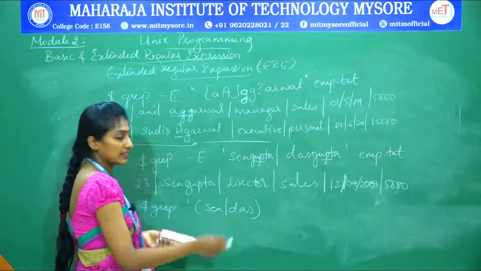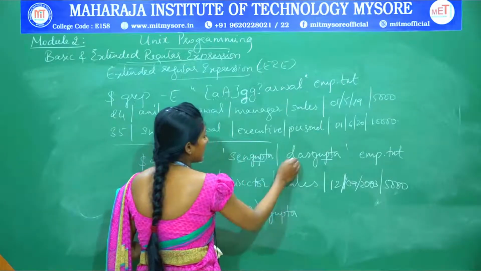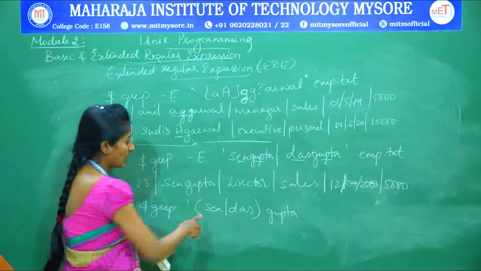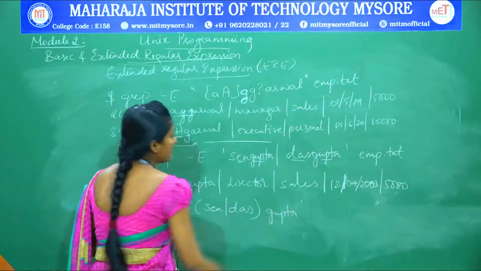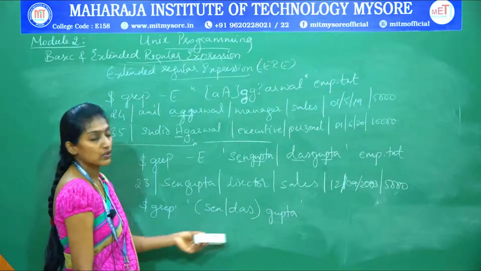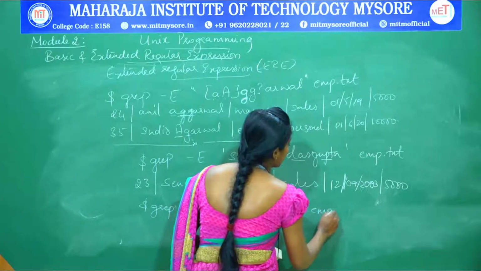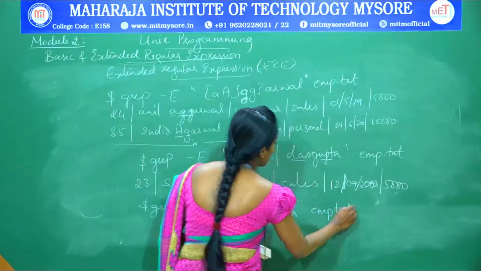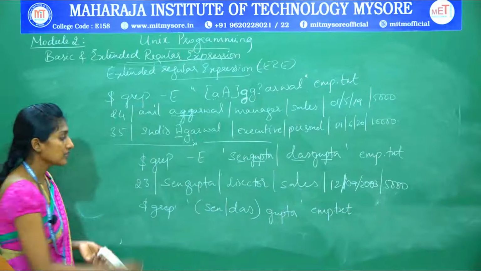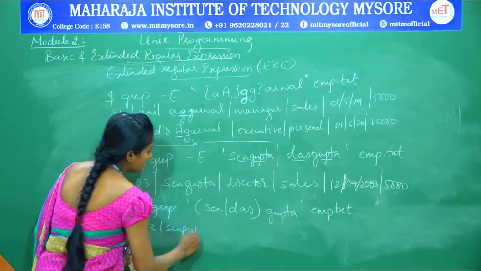So you can just extract that Gupta outside by grouping that Sen and Das into one expression like this, by enclosing that in a character class, that is square bracket, by using that expression. Okay, then you can find it like this also, emp.txt file. So now it is going to match both the names, Sen Gupta,